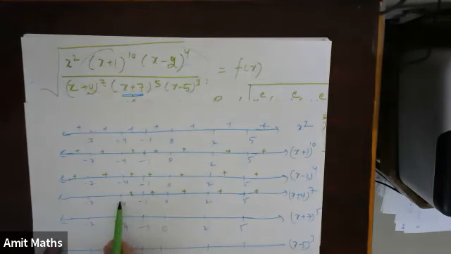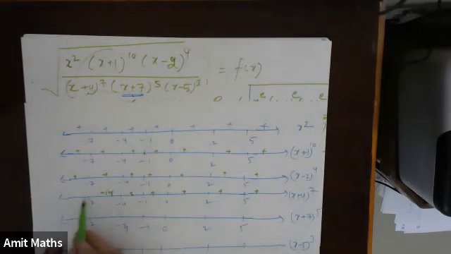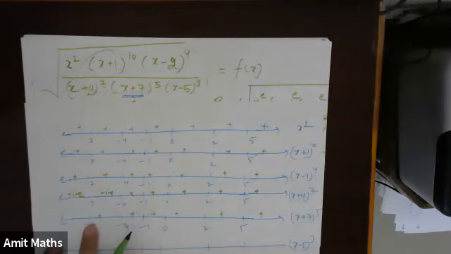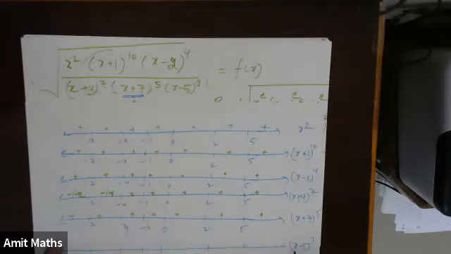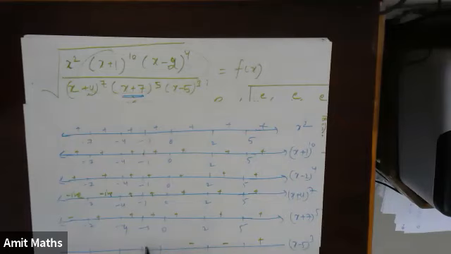As I move below minus 4, suppose I substitute minus 5. Minus 5 plus 4 will give you minus 1, and minus 1 to the power 7 is negative. So you will start getting negative values. And below minus 7 also you will get negative values. Now for (x plus 7), it will be positive till minus 7, then it will start having negative values. Then (x minus 5): above 5 it will be positive. As I move below 5, x minus 5 will be negative, so the cube is again negative.